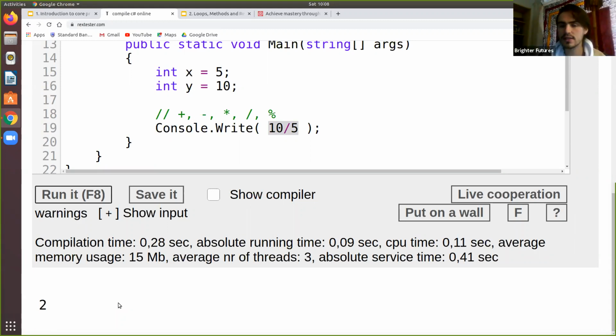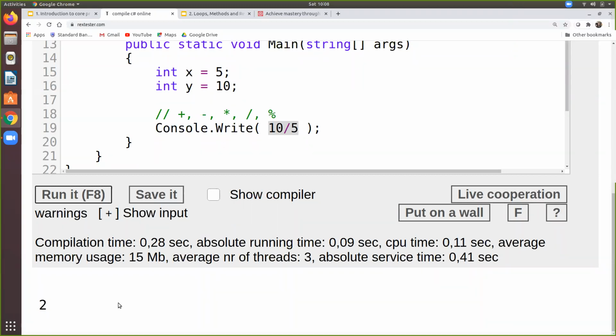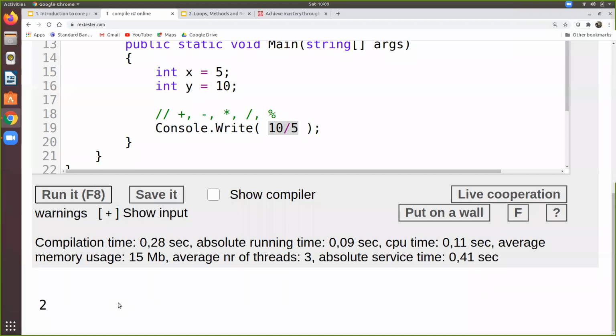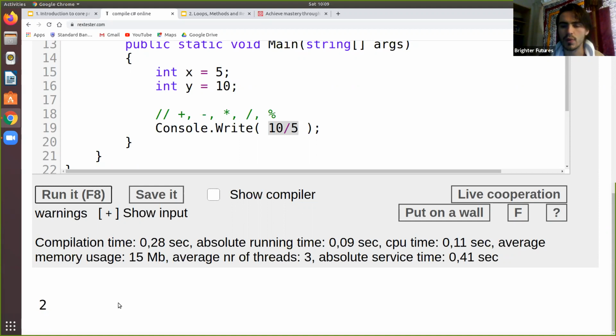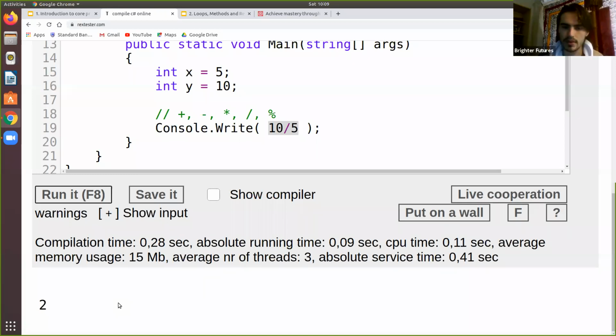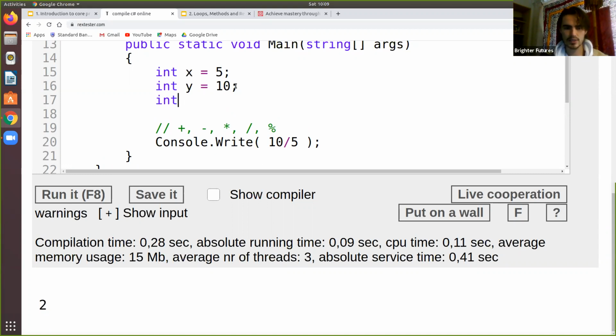However, there is a subtlety here. Do you guys remember, can anyone tell me, what data type would I use if I wanted to store a number with decimal places? Does anyone remember that? Double? Double, precisely. We would use a double if we wanted to store a number with decimal places. And that brings in a little bit of a subtlety with multiplication and division, division in particular, in fact. So what I want to show you guys quickly is what that would mean when we are working with these things. So I am going to create another variable,